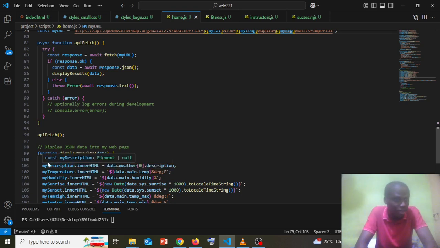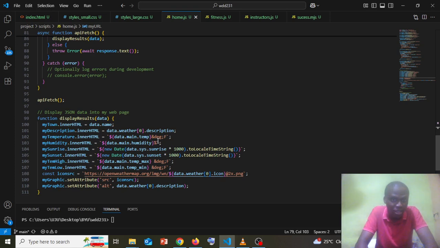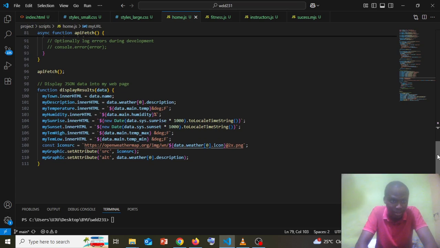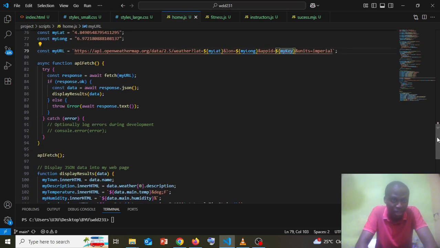Look at it. I collected the target area of my HTML file which I already selected with my query selector. Then I append it with the time and date. The same thing I did for almost all of them, that is here. And I set the temperature in degrees Fahrenheit. The same thing I did here for sunrise and sunset. So this is how I applied this. This is how I use my API data. That is how I apply my data in my